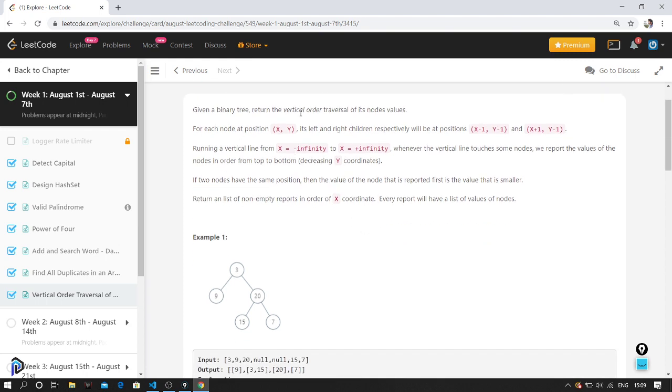So we will be given a root node. We have to find the vertical order. What does vertical order mean over here? Initially, let's say we are given a point x comma y, which is the root. The left and the right children respectively are in the positions x minus 1, y minus 1, and x plus 1, y minus 1. So it's like they are indexing each of them. I will try to represent it in a better way so that you can understand.